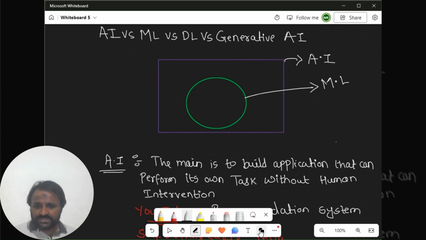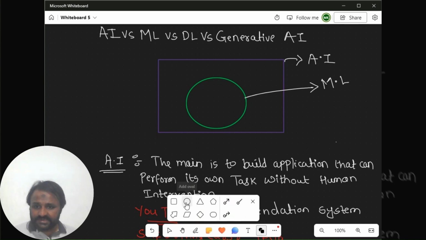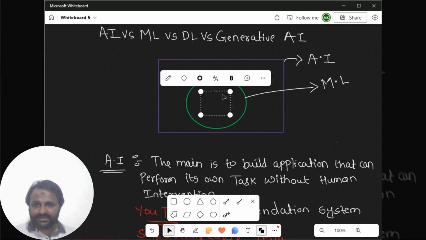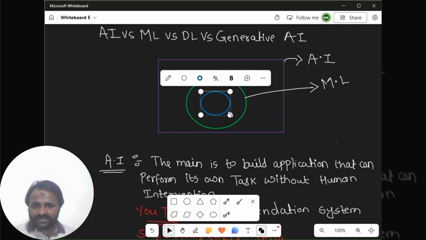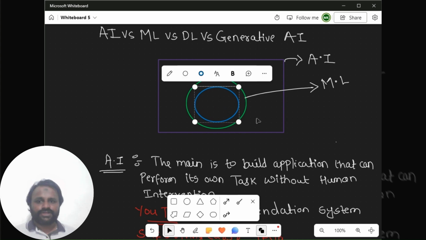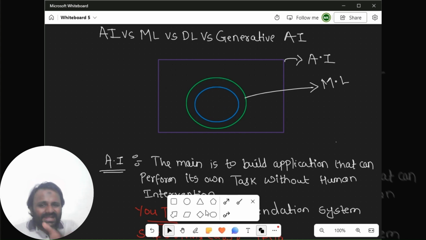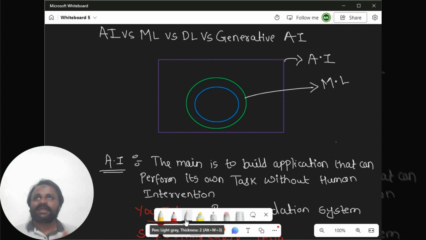So I'm going to draw one more circle here, so that you will get a better understanding. I can make it a little bit bigger here. Now this is one more oval I created, not exactly a circle, because technically we have to understand it's an oval. It's not a circle, so please take note of that clearly. But I try to elaborate with the Venn diagram so you will get a better understanding.